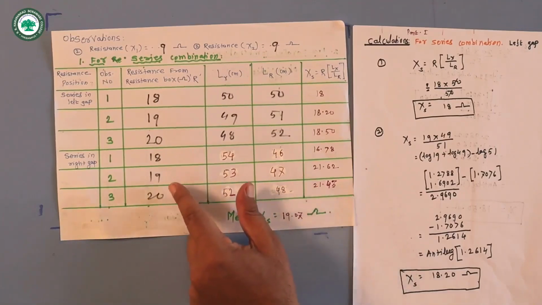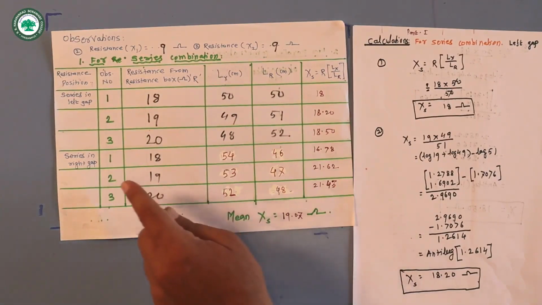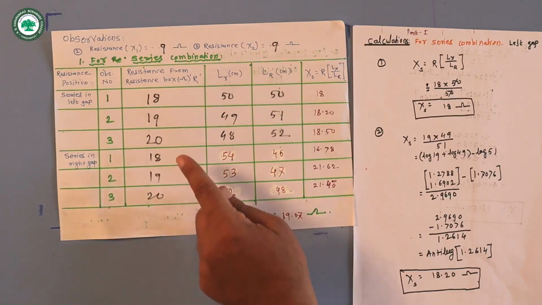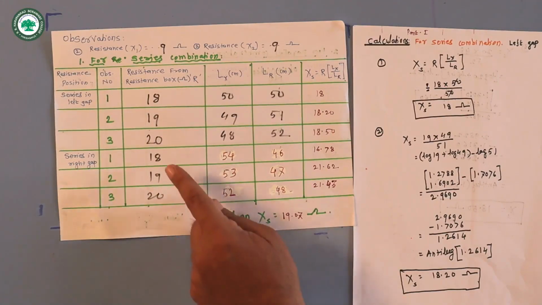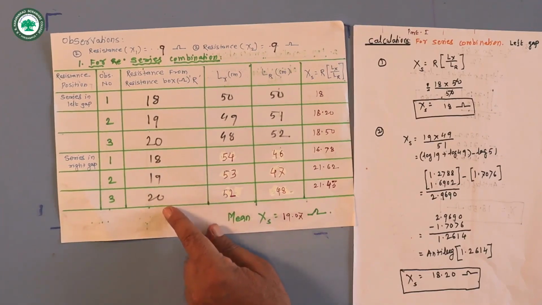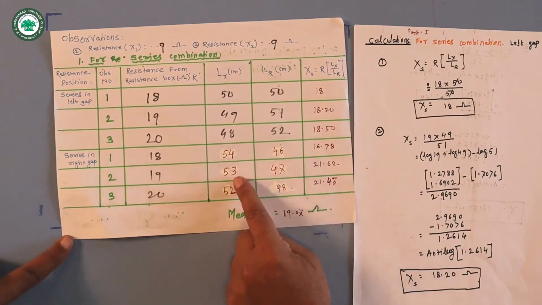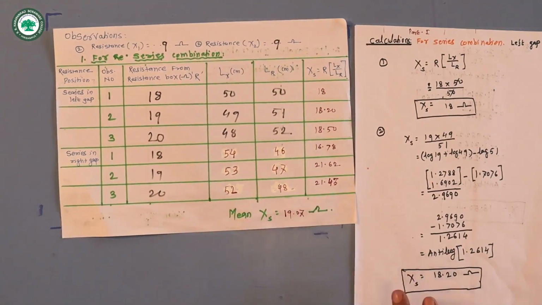In the same way we interchange the resistance box and the series combination of resistors, so we get the resistors series in the right gap. At that time again take the 3 values of resistors 18, 19, 20. We get the readings for LX and LR, these 3. Now from this observation table